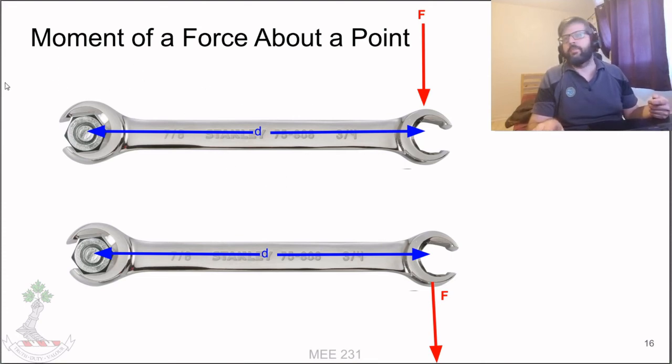In this example, it's going to want to rotate clockwise. If we say attach a rope to this end of the wrench and tug up on it at the same angle, in the same line of action and with the same amount of force, the moment that's generated is going to be the same as the moment that's generated in the scenario on the top. Those are equivalent